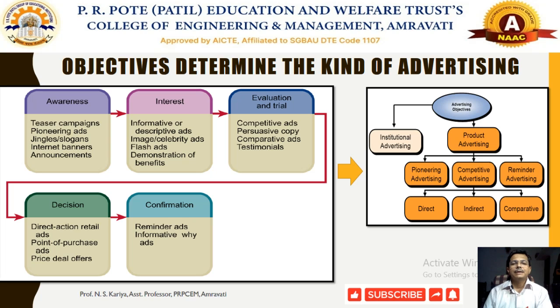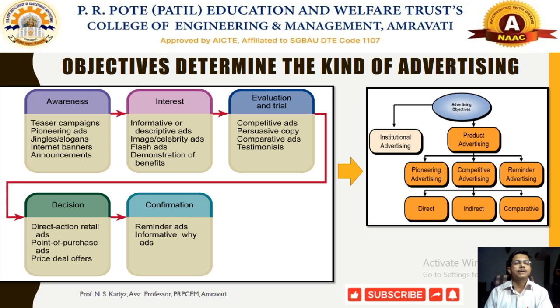So our advertising objective is to create awareness. How does it work? It should be conducted by means of using different advertisements. There will be teaser campaigns, either on television or some sort of clutter that goes on the television, or some activations on radio and other news channels. Some pioneer ads, particularly when the product is new or innovative,